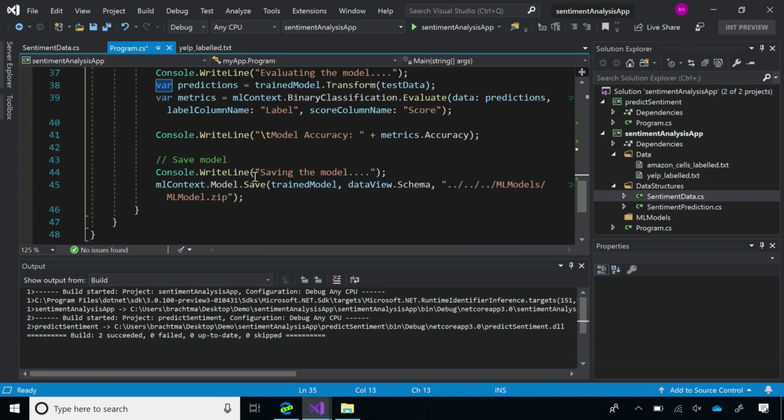So then what you could do is save the model at the end and then use that in any other of your applications. That could be a web app, what else? You can do console apps, desktop apps, WinForms, microservices and containers. Yeah, mobile apps.